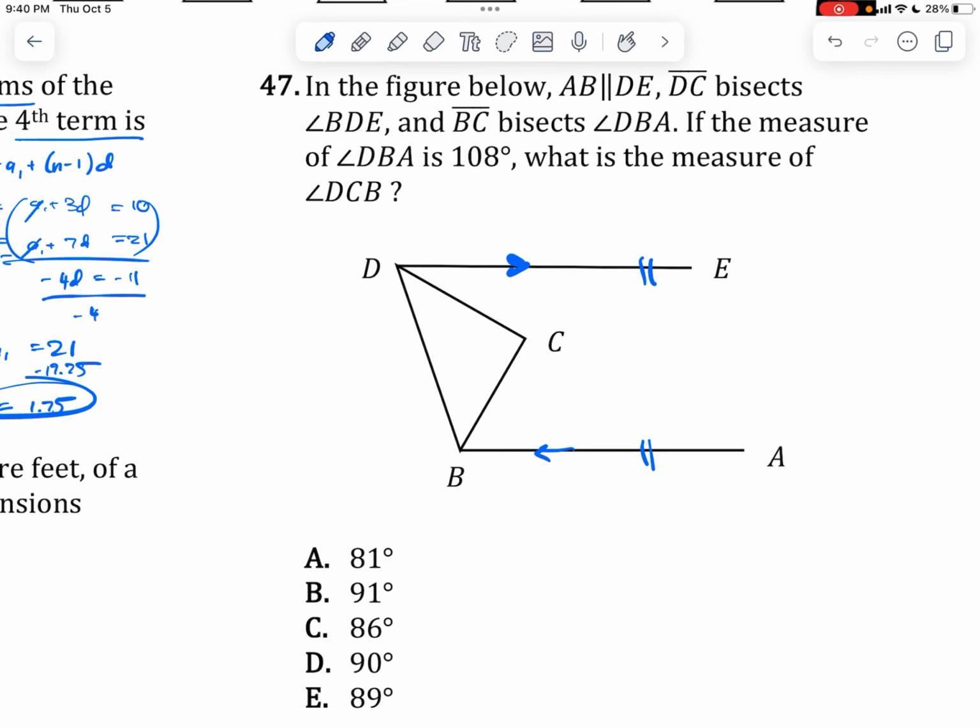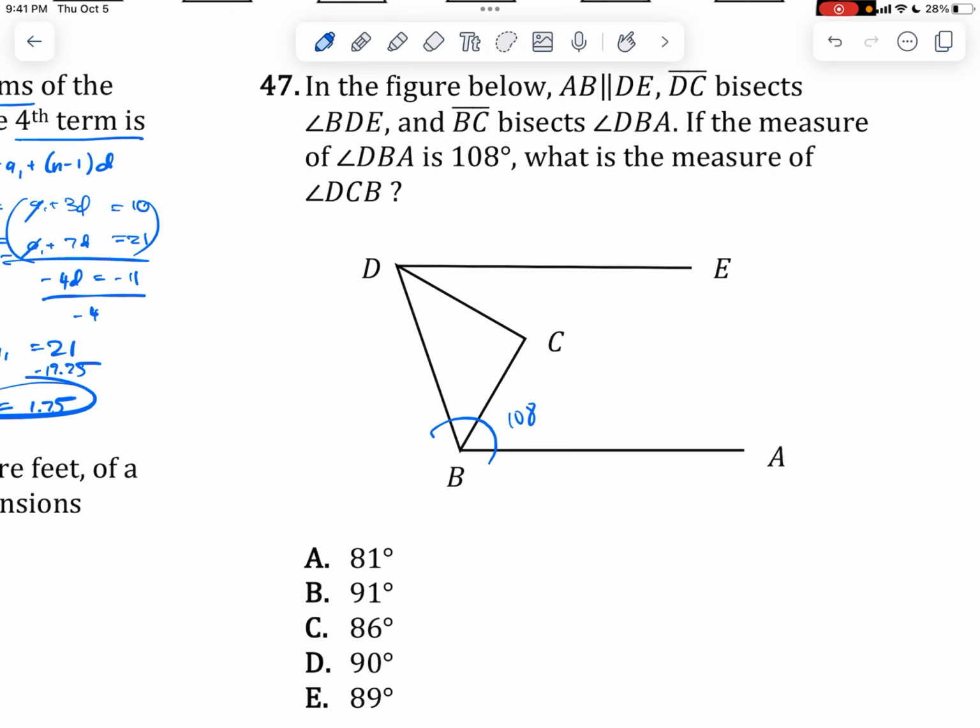Again, it's the same reason why a straight line is a 180 degree angle. You're really just doing this angle measure here. So this angle plus this one add up to 180. All right. Now, why am I telling you that? Because you're going to need that piece of information to take this 108, extrapolate it, to find what's actually inside this triangle. The way you're going to do that is, first, since we know that this line bisects the angle,